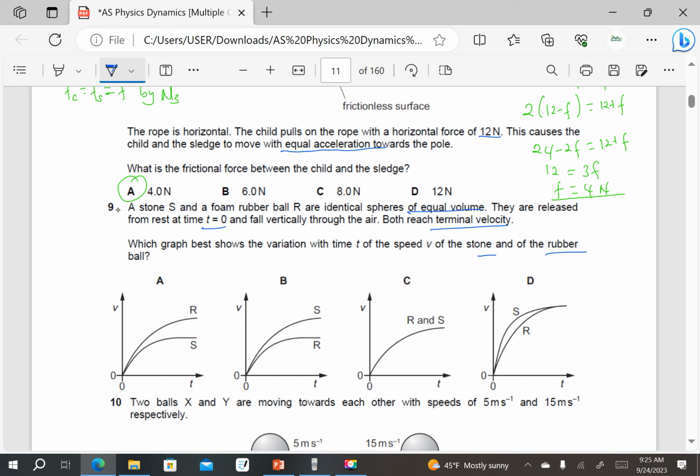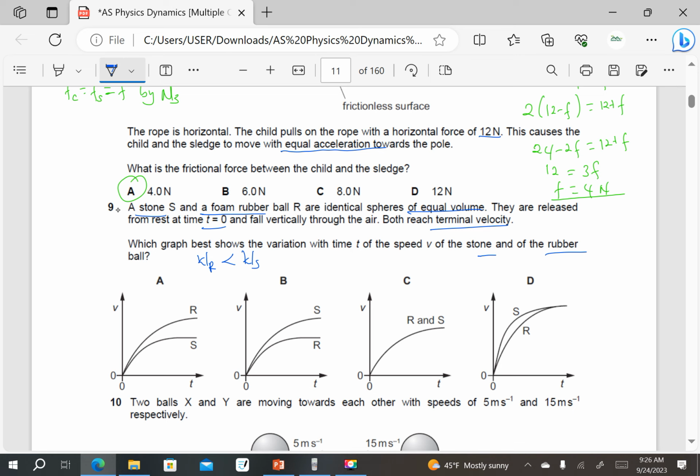They have equal volume, but a stone and a foam rubber cannot have the same weight. So the weight of the rubber is most likely going to be less than the weight of the stone. And remember, terminal velocity is going to depend on this weight. So the terminal velocity for the rubber